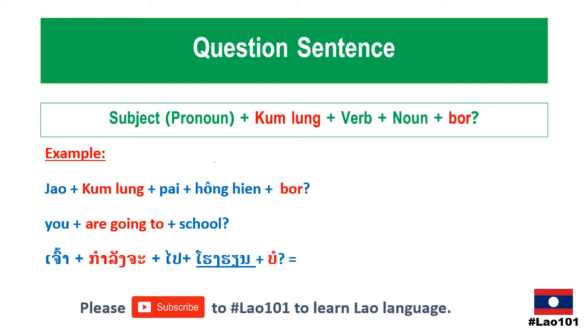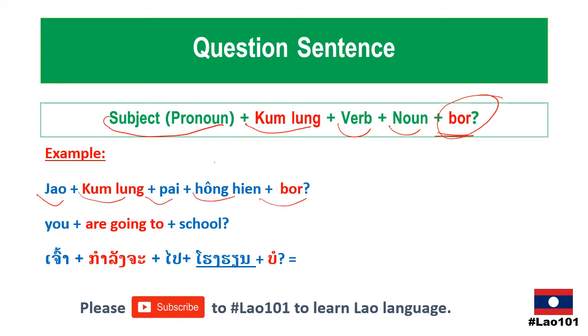I will now move on to the question sentence, because the negative is rarely used so I can't really think of any other example. So let's learn this question type. Again, beginning with subject pronoun and the word กำลัง, verb, noun, or บ่ in the end. So when a word in Lao begins with บ่ it usually means a question sentence. For example here, เจ้ากำลังไปโรงเรียนบ่